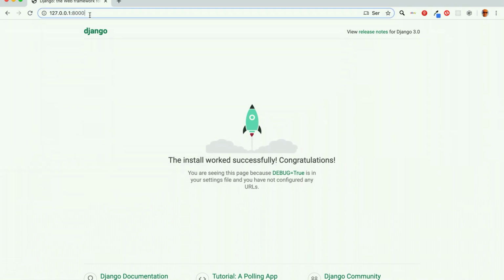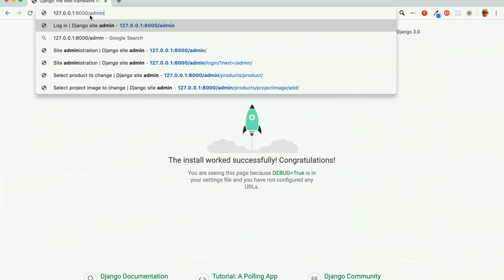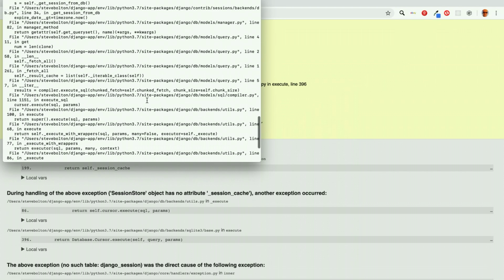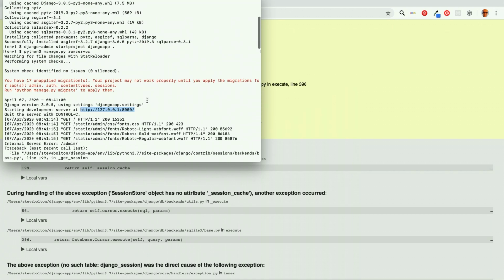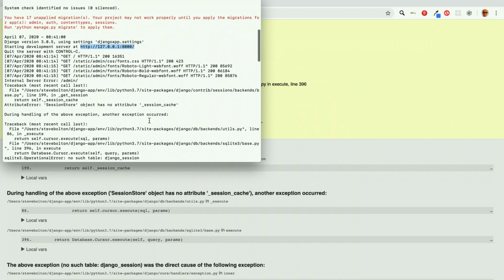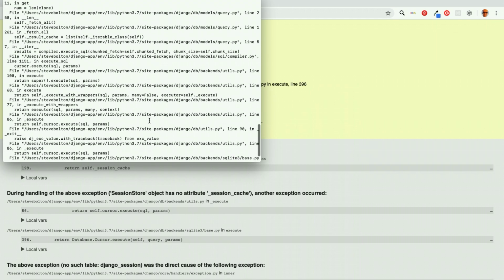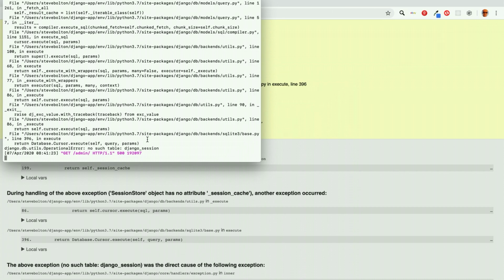And if we type in admin, we get an error. Now the reason for this is because we didn't migrate. If we look further back here, you have 17 unapplied migrations. So what happens in Django is Django creates its own database automatically, but we have not pushed the tables up into the SQLite database. So if we just